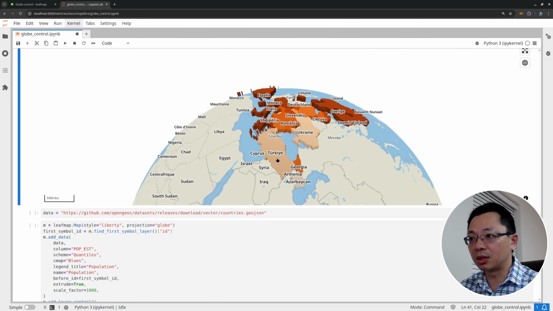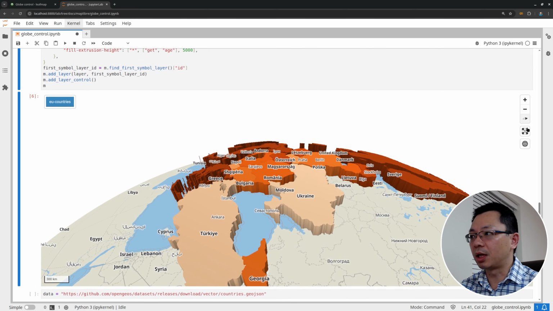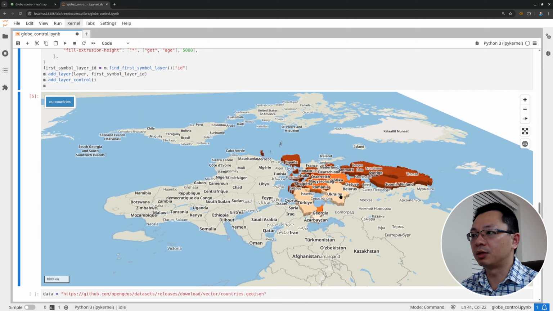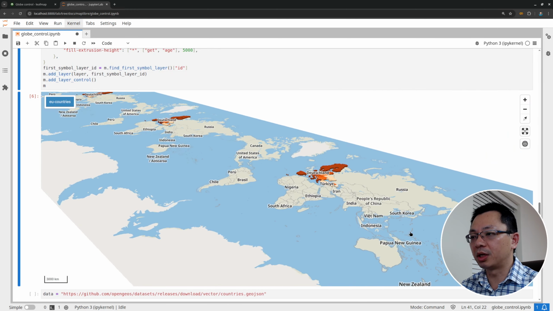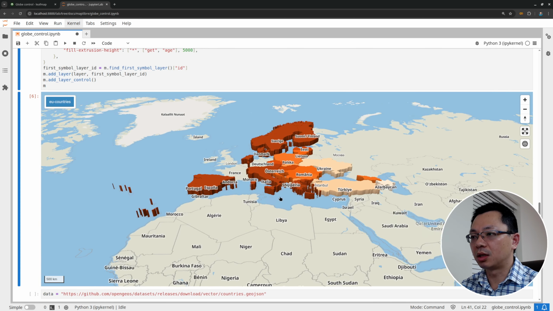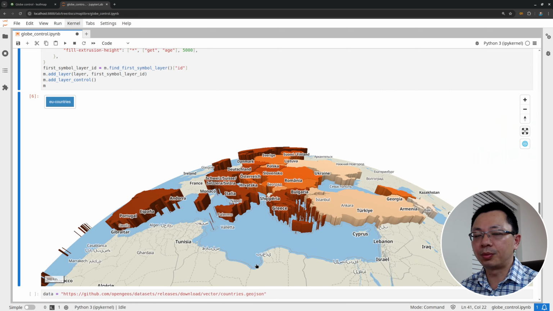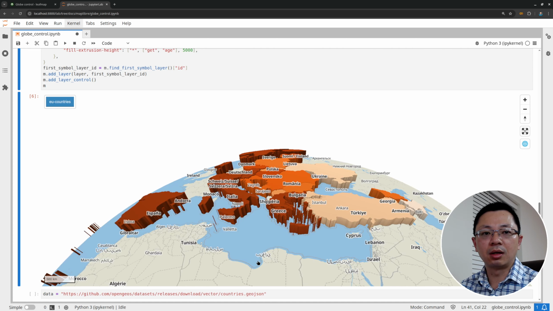Again, you can see actually this is all 3D. If you don't like it, you can actually turn it off. So right now, if you use the web Mercator projection, it looks like this. If you click, you'll be able to see it looks good as well, but the globe projection is particularly